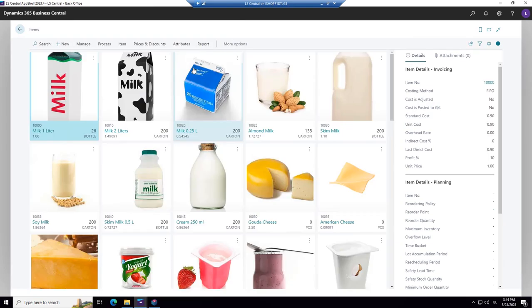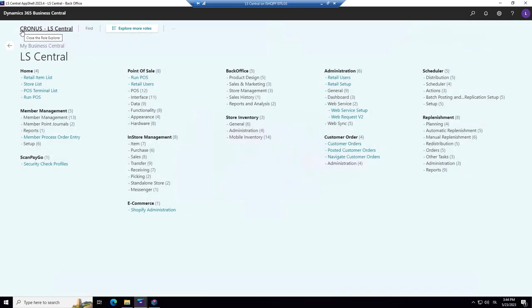And this is the standard from Business Central, where you have items. And of course, all the items are here, both Business Central demo items and LS Central demo items. But the thing is, LS Central, remember, is extending the standard business solution. So we do not have items, we have retail items, because we need so much more than we have in the standard solution. And we will look at a few of these things now.